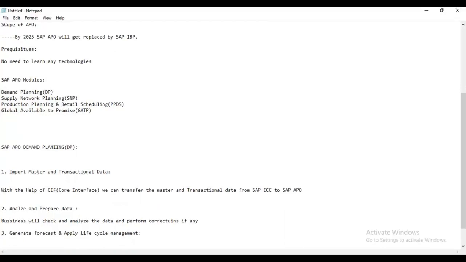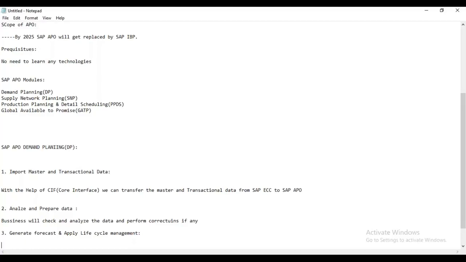Yes, the third step is generate forecast and apply lifecycle management. The first step is getting history data from ECC to APO. Now we have history data. The second step is business reviewing that history data. If they want to do any changes, they can. The next step is